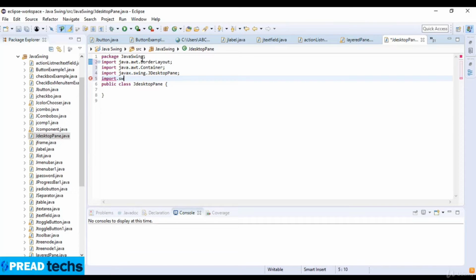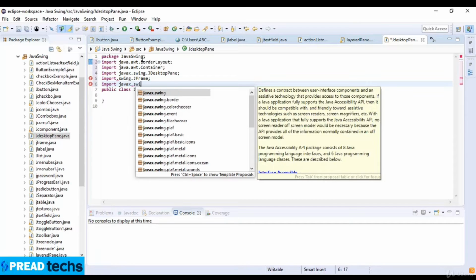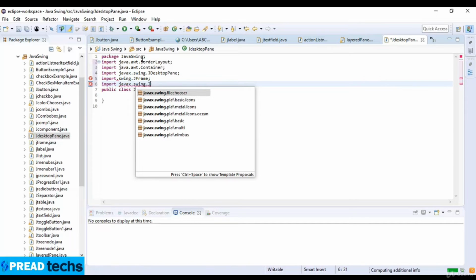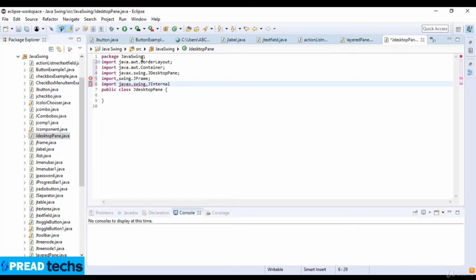And now here I import javax.swing.JFrame. Import javax.swing.JInternalFrame. Now I import javax.swing.JLabel. Okay,